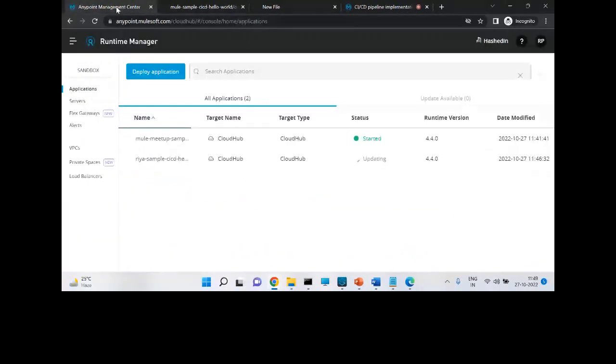If the credentials are wrong, then it will give you a 401 unauthorized, meaning the credentials are not correct. There may also be issues with your Anypoint platform, like if you are requesting some vCores, 1 or 2 vCores, but you do not have enough vCores in your platform, that may crash. So these are the various errors which we face.